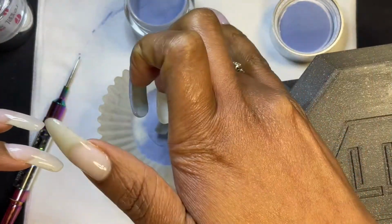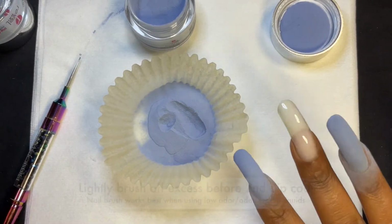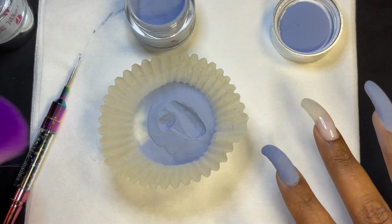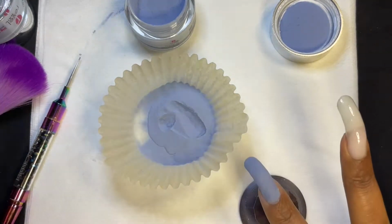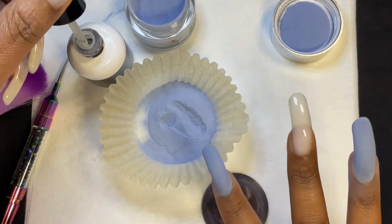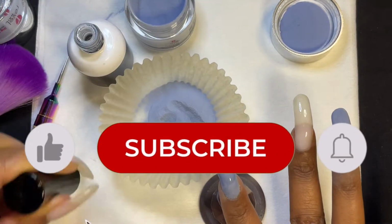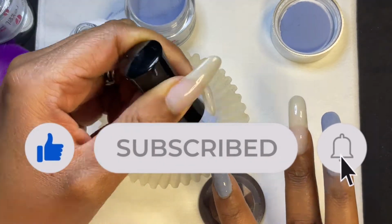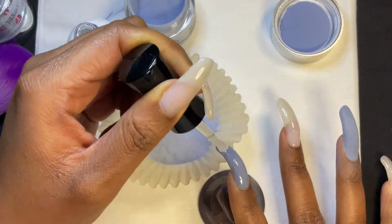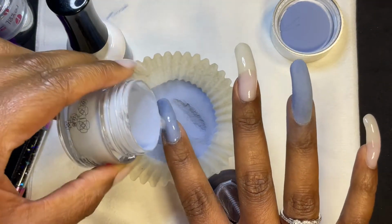And I've used Triple D's delicate dip liquids before, and one thing that I noticed when using these, you have to kind of dip your finger in the powder a few times so that it will soak up the base that is on the nails. And also you want to use a nail brush when dusting off, and you want to use that very, very lightly, because in my opinion, when I use delicate dip liquids from whatever company that are odorless, they never fully dry until I go in to activate. So that's just me personally, what I found when I'm working with these. Somebody else may not have the same issue, but with these liquids,